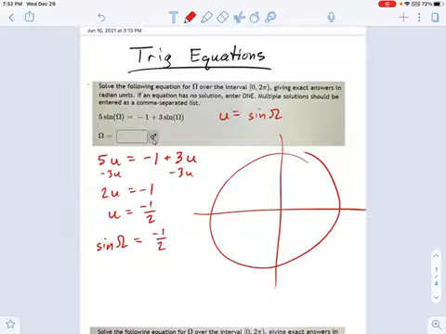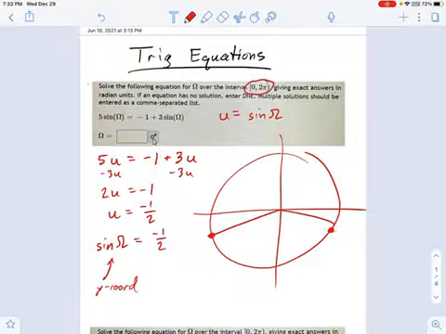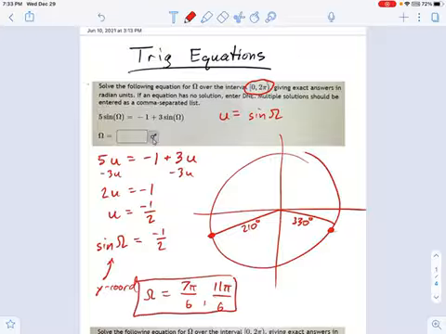And I always think about this visually. I think, hey, sine, that thing right there is a y coordinate. And I need a y coordinate that's pretty shallow. Okay, negative 1/2 is not a big value. So that looks like one of these two side angles right here. And those, from experience, since this wants radians, not degrees, you might be thinking, oh, that's 210 degrees. Well, that's true, but this didn't want degrees, it wants radians. So that's going to be these two answers. Omega equals, let's see, 7 pi over 6 and 11 pi over 6. These are very, very useful to keep memorized.